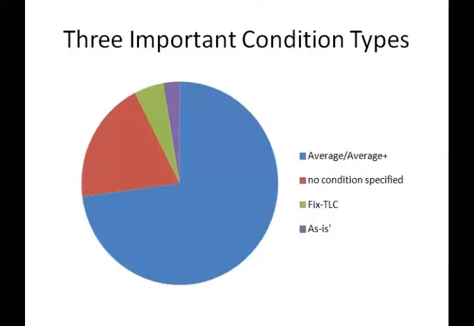Now, we have three important condition types that are in our MLS currently. The largest number of properties are rated average or average plus. The next number where conditions are assigned are the fix-up TLC, or fixer TLC we call it, and then as-is is the smallest percentage. And you will see that there is a relatively large percentage where listing agents do not assign any of these